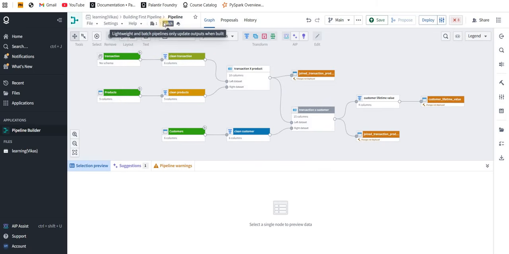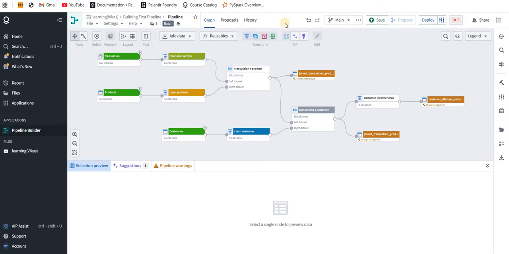So this is the most important thing: this is the batch pipeline. There are two kinds of pipeline, streaming and batch. Definitely this is batch, so it's overwritten. Once you open any pipeline builder, suppose anything in production, first you will understand whether this is batch or streaming, which kind of pipeline this is. Okay, so this is the thing.